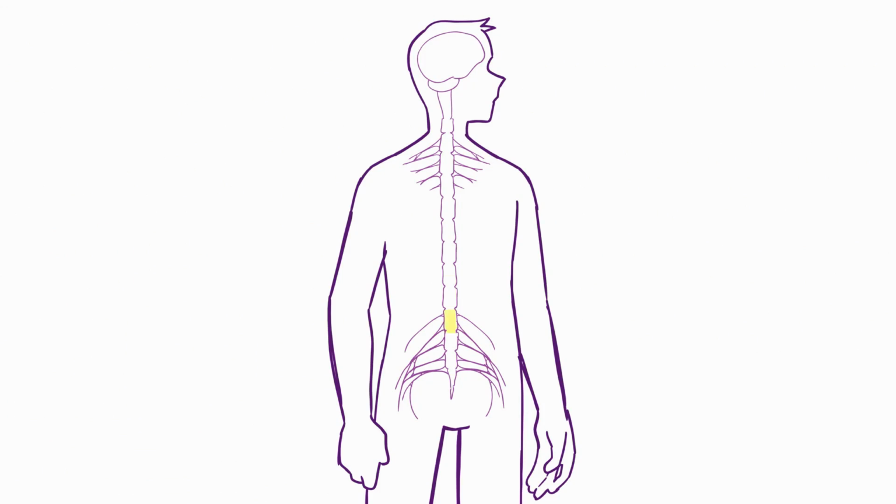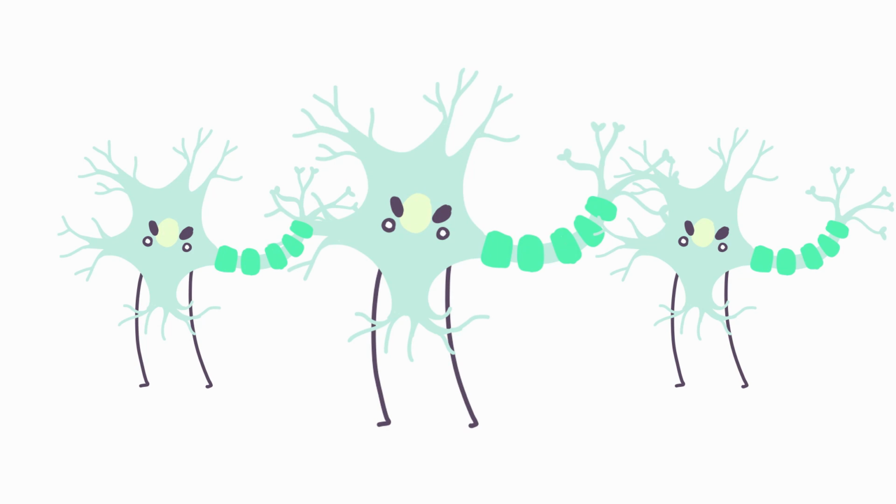Now that we learned about our brain, let's talk about its right hand, the spinal cord. It transmits information to and from the brain, and it also controls our reflex actions. Every group needs its own little guys that do the dirty work. This is where the neuron steps in.